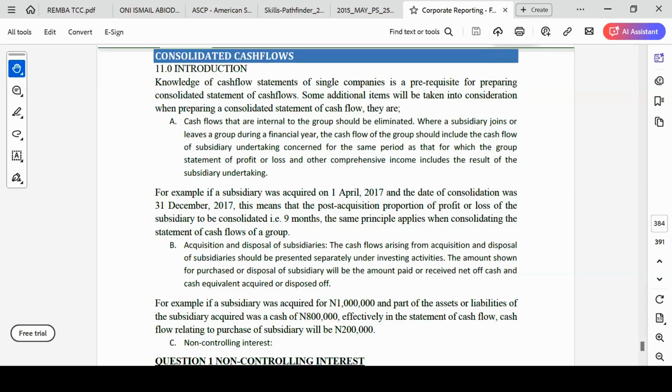All right. Today we quickly need to look at the group cash flows. All right. I'm sure statement of cash flows is not new to us. So,